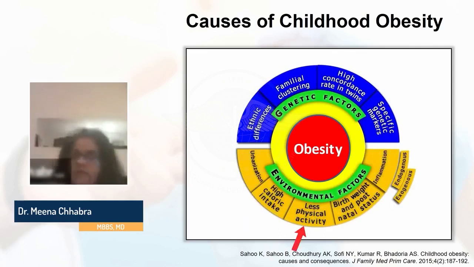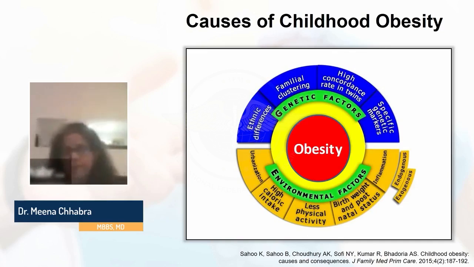less physical activity, more studies, and we emphasize in India particularly, we don't give much importance to sports. And then birth weight and postnatal status, I'll be discussing in great detail. So now, the first reason why our children are putting on weight is that the governments are not bothered, and there is too much advertisement. This advertising sends signals so that the child tends to eat. Then there is a sedentary lifestyle, there are not many parks and safe places for children to exercise, and they have a lot of homework.